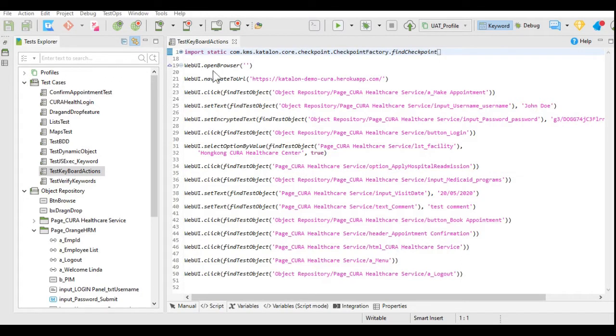To learn about keyboard actions, I have used this test keyboard actions test case in Katalon Studio. In this test case, I have added the test steps to perform the confirm appointment on the Cura Health application. I will execute this test case so that you will understand what steps we are performing.